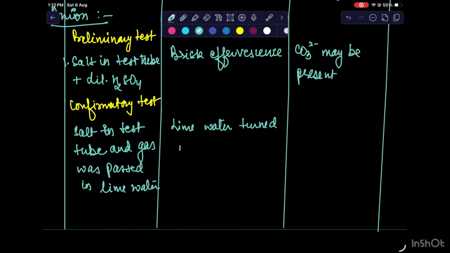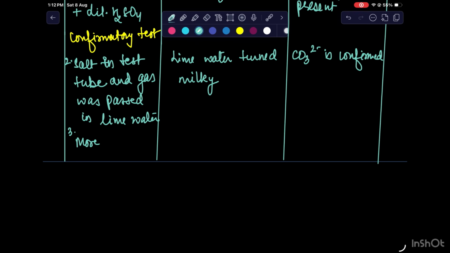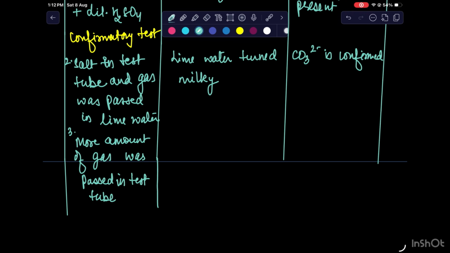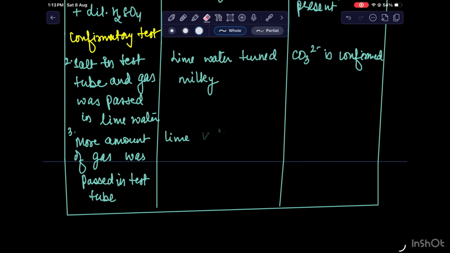I hope you will follow all these instructions, and it will be very easy for you to write, because this is a very, very important part in class 11th. Its weightage may vary from 8 to 10, depending upon the school, and in class 12th its weightage is 8, right? So once you have made this table, then after that also you have to write down all the reactions involved, which I have already discussed while explaining the test.